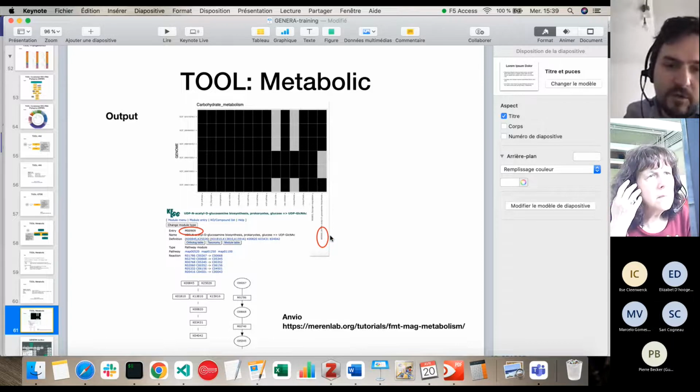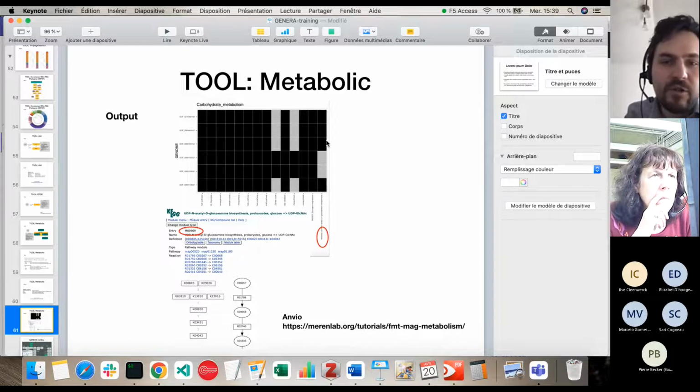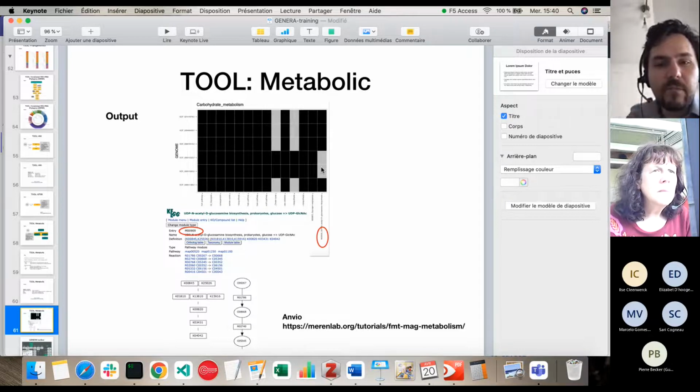For example, you can see that this KEGG pathway, glucosamine biosynthesis, was present in all of your genomes, but not in these two. By opposition, in the same way you have something present in all of your genomes, here you have the difference. So that's a way to see if you have a metabolic pathway present or not in a specific part of your analysis,